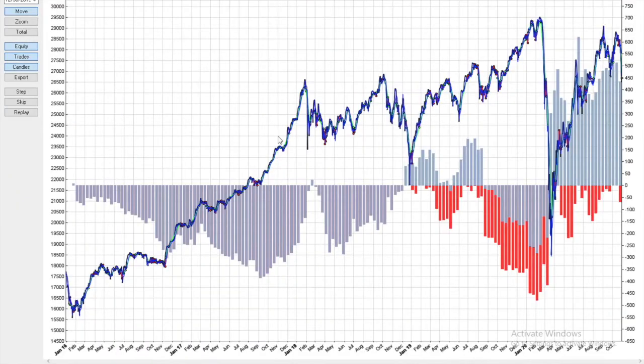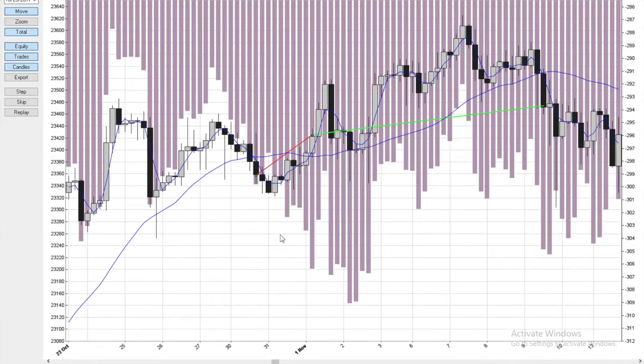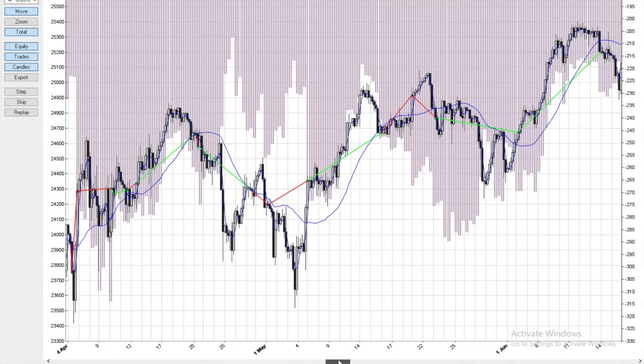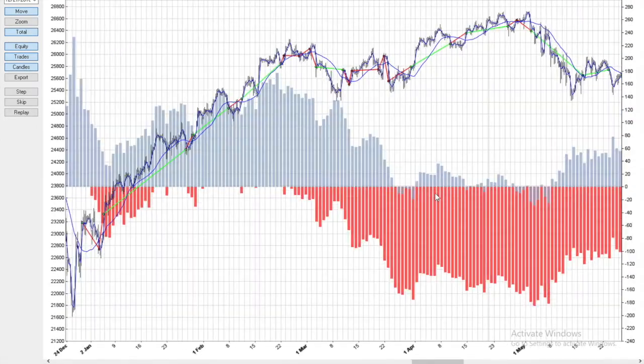Now let's look at how the trades perform. So the green ones are the wins and the red ones are the losses. So basically you could see here at the crossover it went long, it won, it closed at the cross under, then it went short. But since the Dow Jones is quite a bullish instrument to follow, the short lost. So this area that you can see here marked in red is what's called the drawdown,